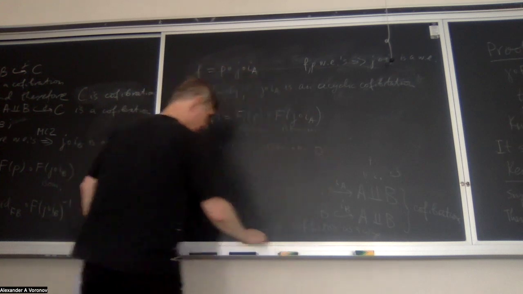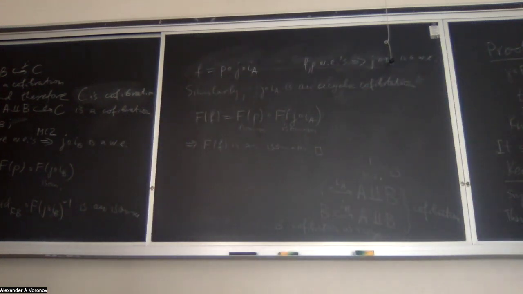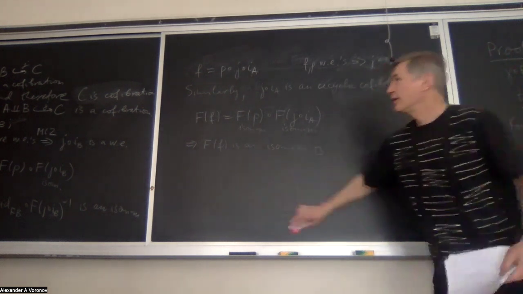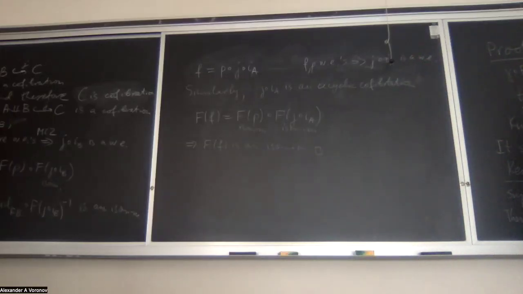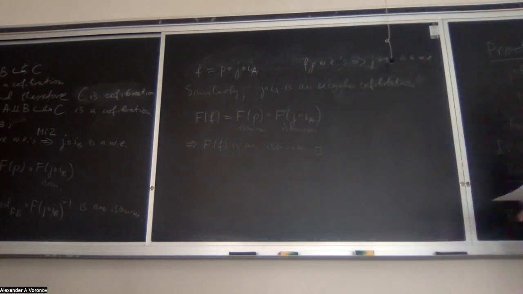Then we said that it sends weak equivalences of cofibrant objects to isomorphisms. Any questions? So it's a little tricky game on the axioms of model categories. Yeah, so this allows us to